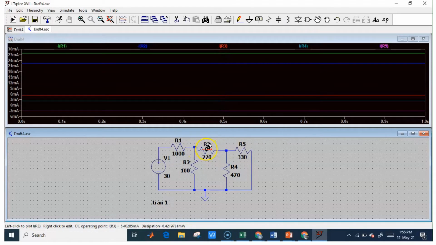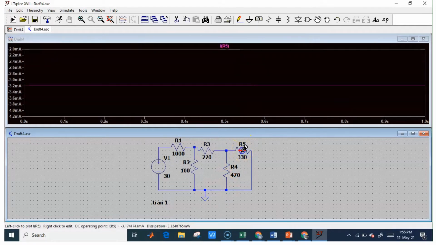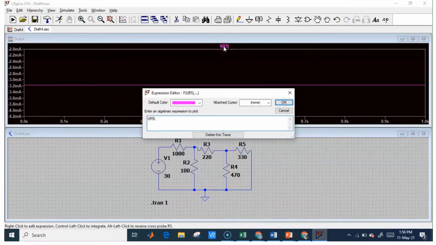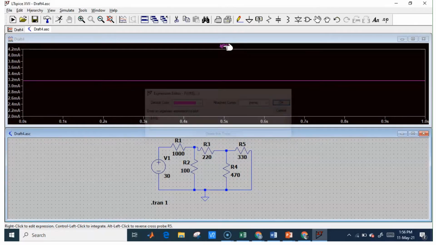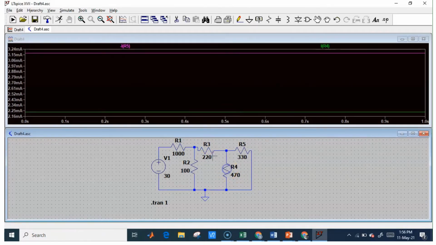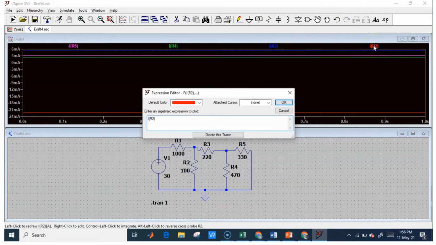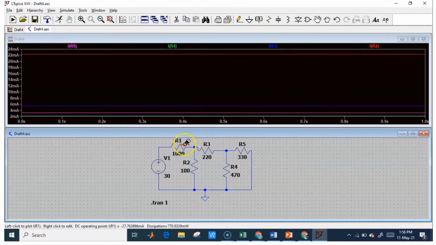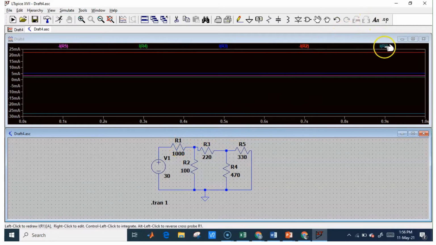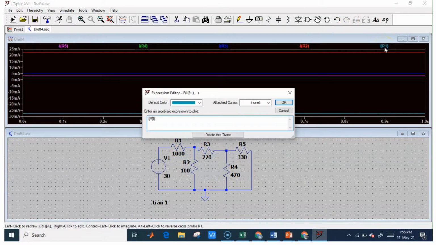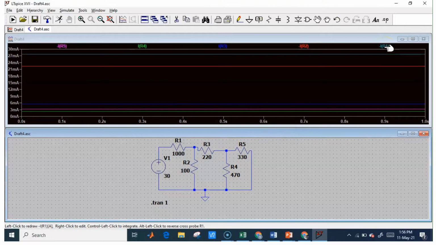It is coming correctly, towards the ground. And here it is coming in the opposite direction, so we need to change it. So we have all 5 different currents here.